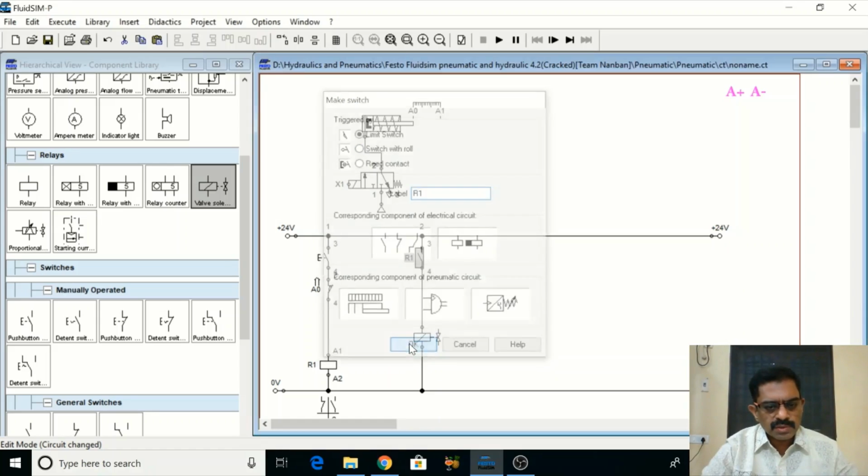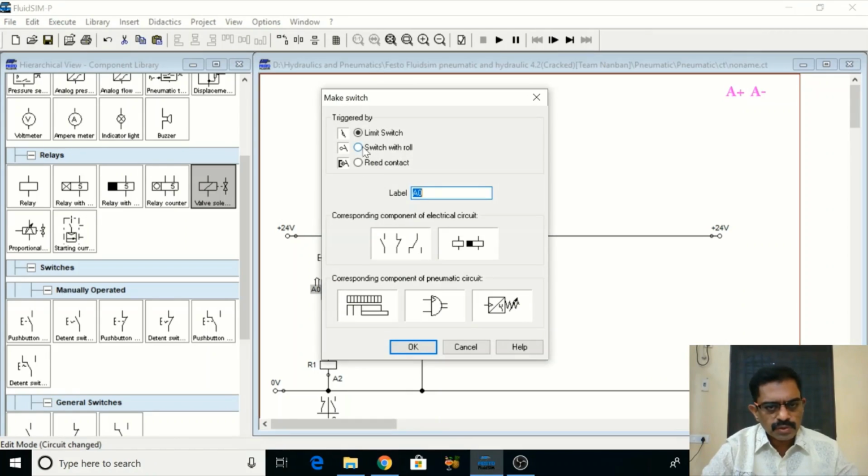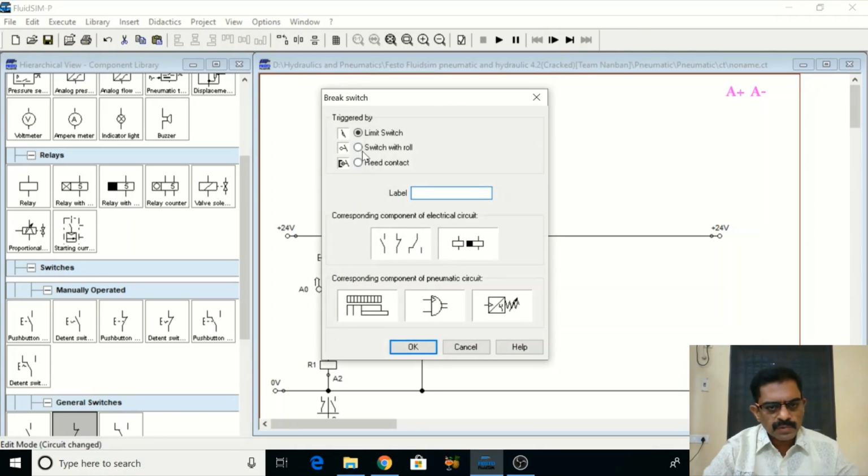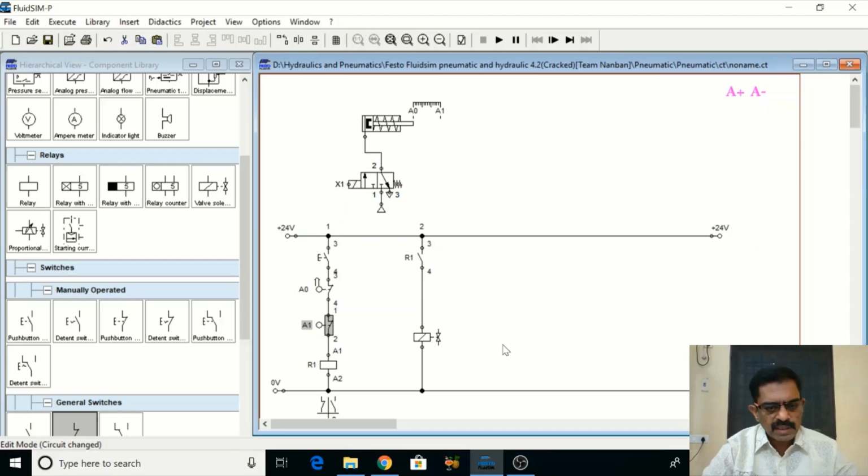and I can use this, and this I can use a switch roll, and A0 is connected here, and it should cut off this circuit. So A1 should be used. So in between let me use A0. So let me use a closed one, because if it goes to A1 it will cut off this circuit. A1 will cut off this circuit. So a switch roll, again I can choose a switch roll, and this can be A1. So A1. So I have given all the components.